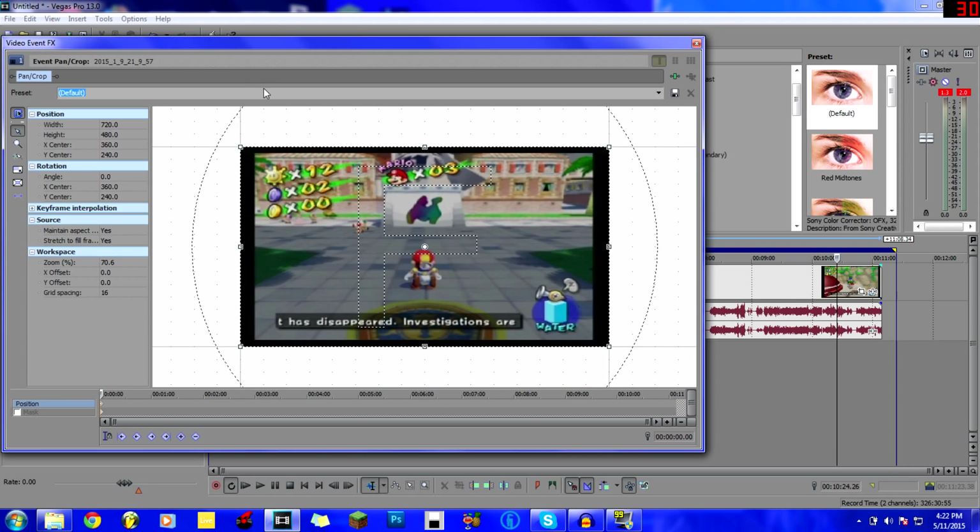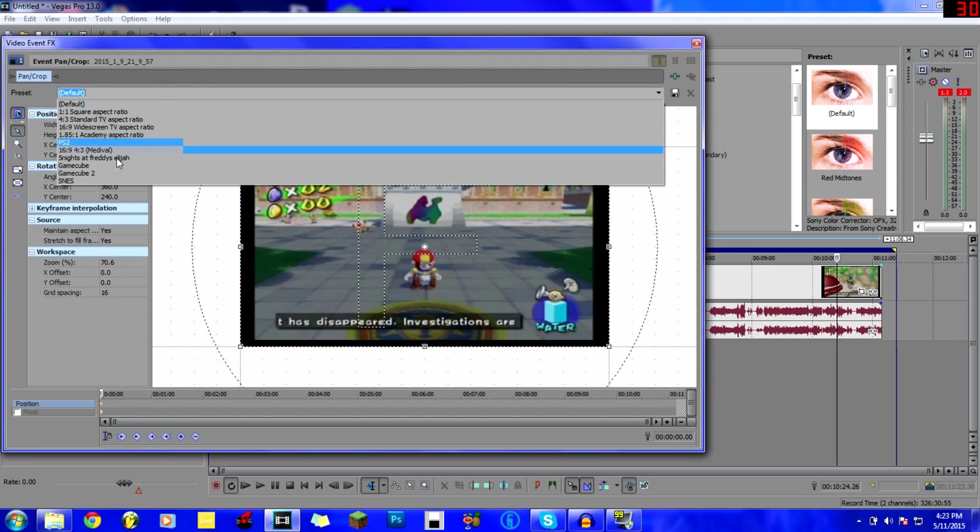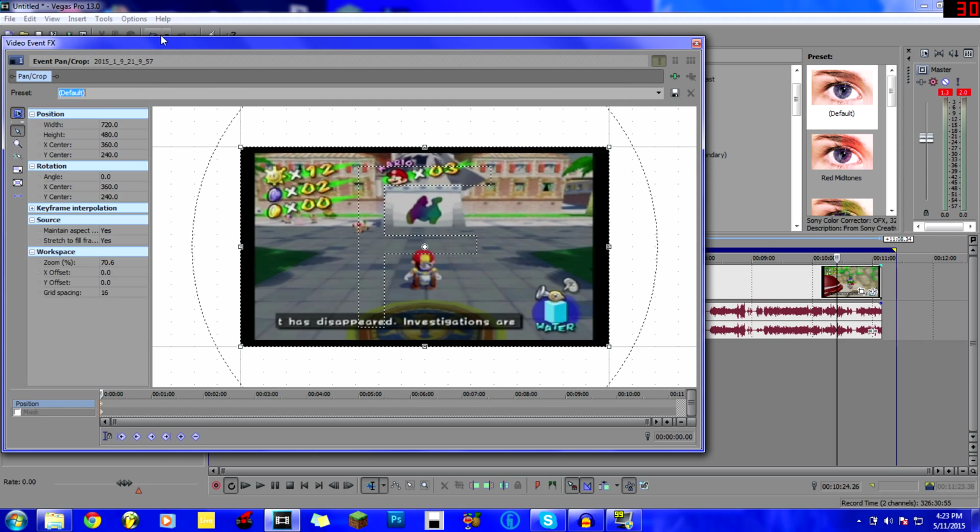Alright, so I actually have a preset already set. Like I said before, if you have presets set, you can just click under here, and that's how you get to them. I have the GameCube, Super Nintendo, PS2, and PS3, and all that. So if you drag, you want to make sure this is on the X line, just click it till you got this. Move it just there. And this one here, just a little bit. And if you tone that one down to right about there, and this one there,